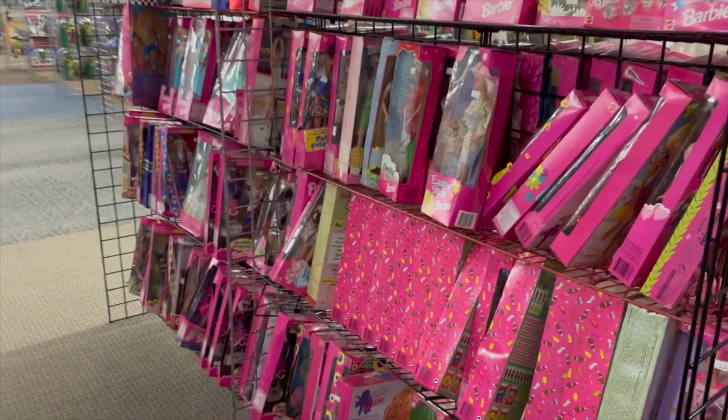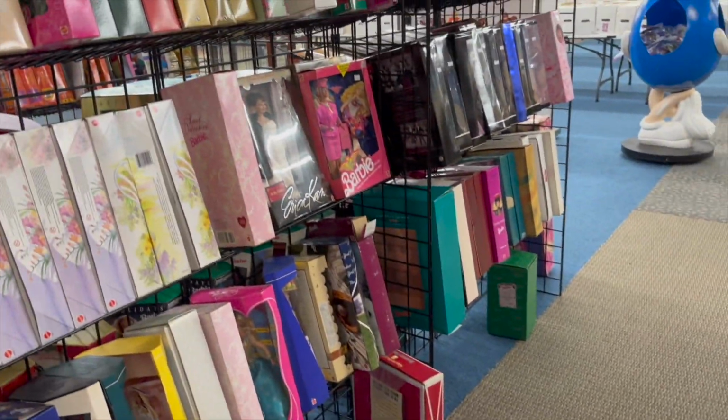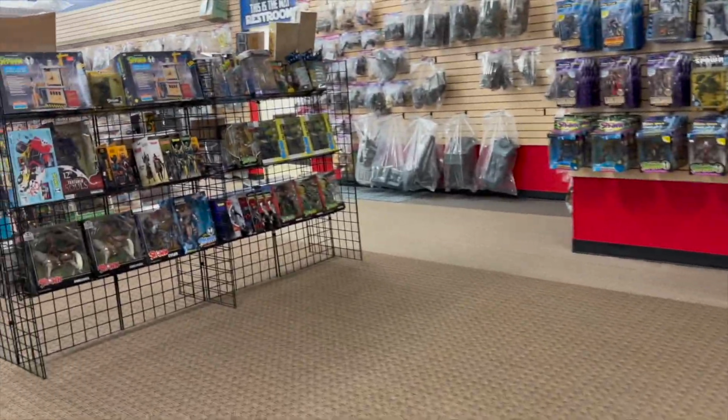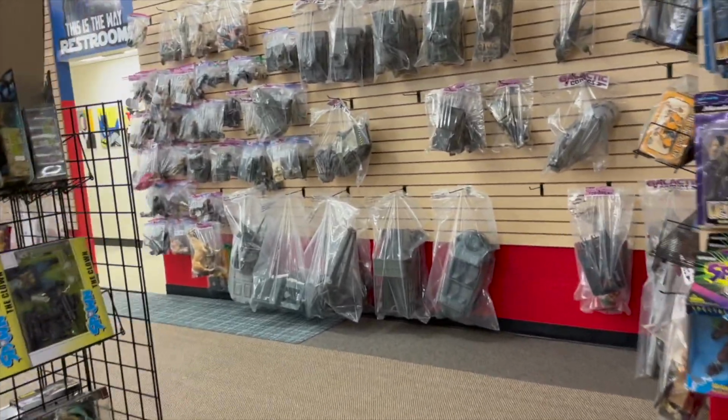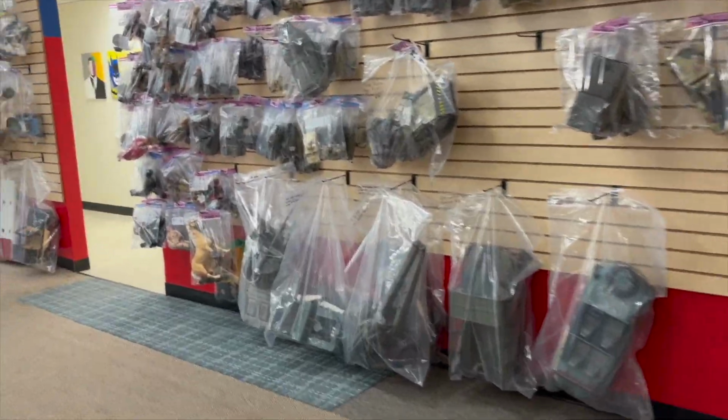He's even got a great Barbie section there. So for any of you that are into Barbie, come and check it out. I don't know Barbie stuff all that well, but I think you'll probably be very impressed. There we've got some newer Spawn stuff. There we have some loose playset stuff. And we're going to pause here for a moment